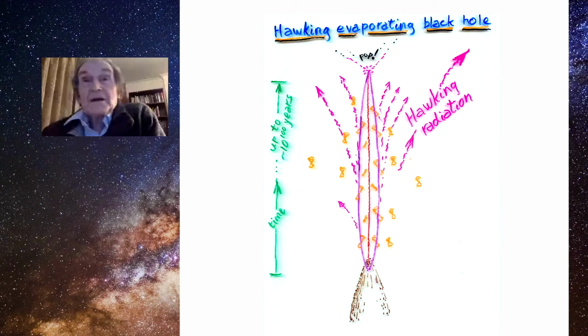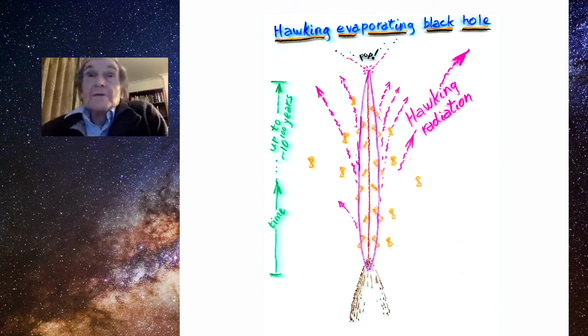Now, this is the Hawking evaporation of a supermassive black hole. That's why I said I would get around to this. This is Stephen Hawking's really most important contribution to the whole of the subject. And here we see a black hole evaporating away. We don't just get the Oppenheimer-Snyder collapse. If you wait long enough, and it could be a huge length of time